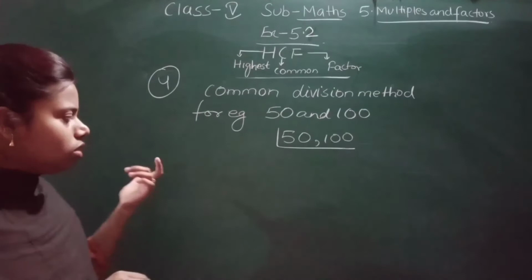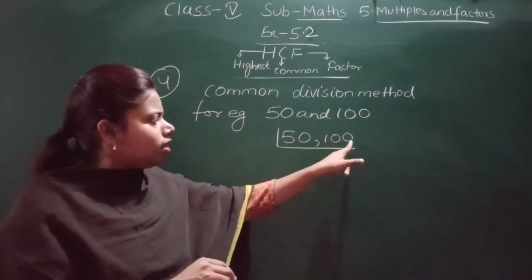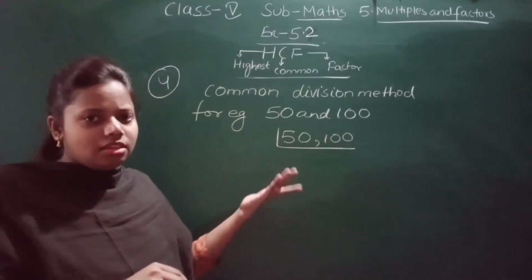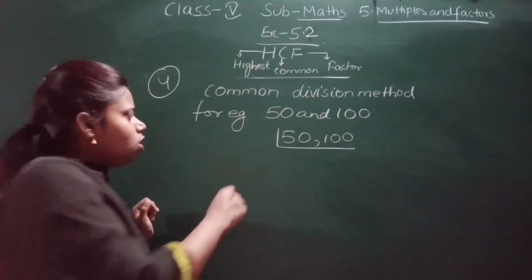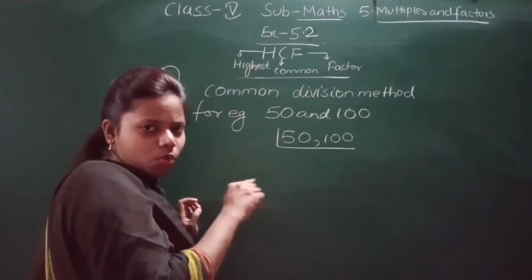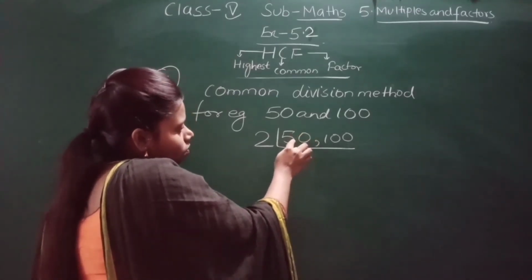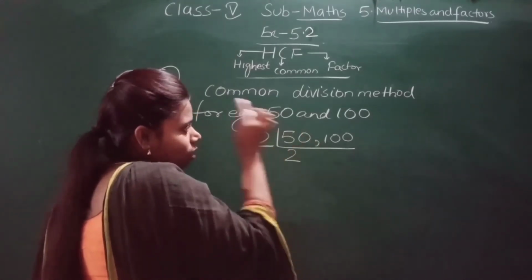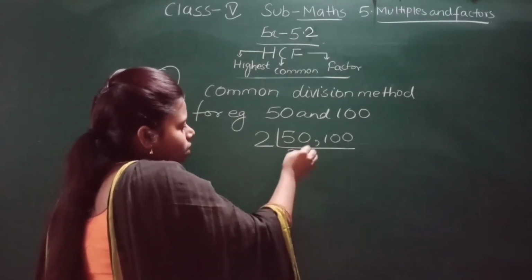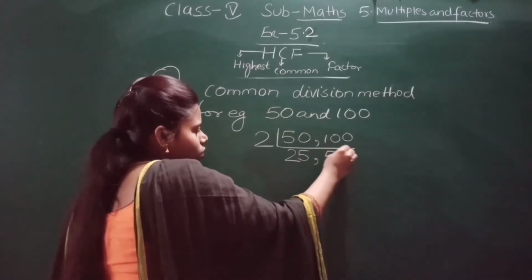Okay, so how to do it? See here. This one is 0 and this one is also 0. This is 50, this is 100. Both end in 0, that means they are even numbers and will come in the table of 2. So both are common in the table of 2, no? Both will get divisible by 2. So we write 2. 2 twos are 4, 5 was there, 1 carry, it becomes 10. So 2 fives are 10, 2 twos are 4, that gives 25. Now 2 into what is 100? 2 fives are 10, 0, that gives 50.